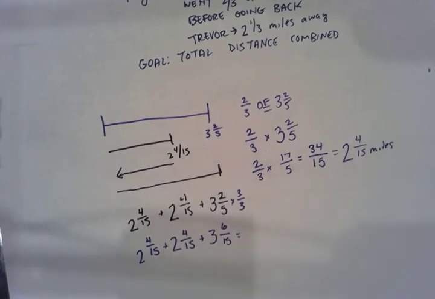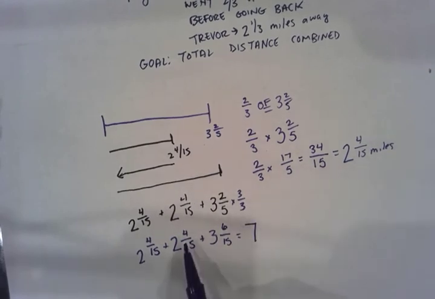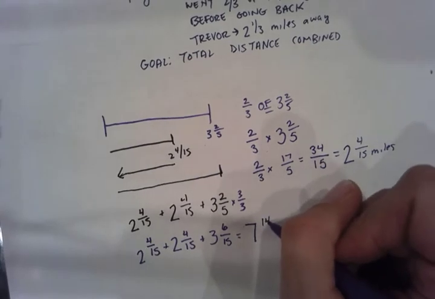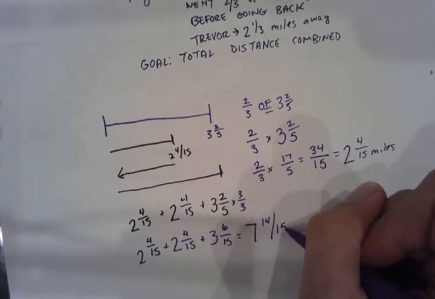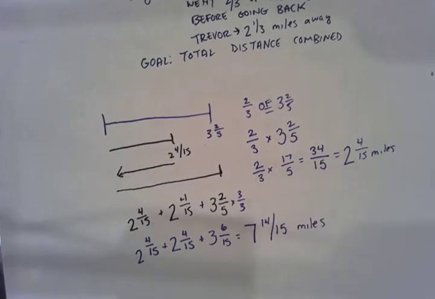So now let's go ahead and add. 2 plus 2 plus 3, well, that's going to be 7. 6 plus 4, 10. Plus 4, 14. So Roland alone went 7 miles and 14/15 to get from his house to the baseball park, which was a